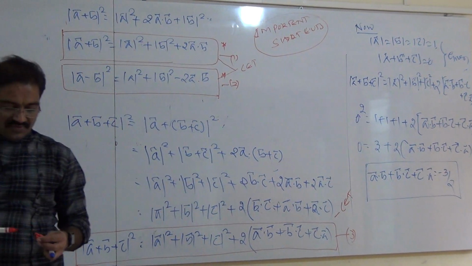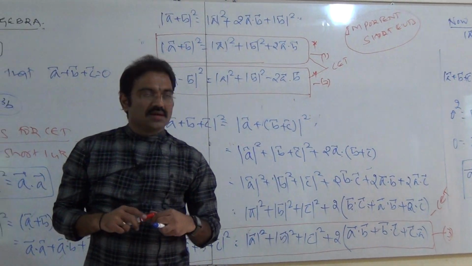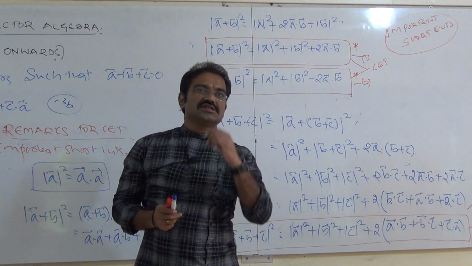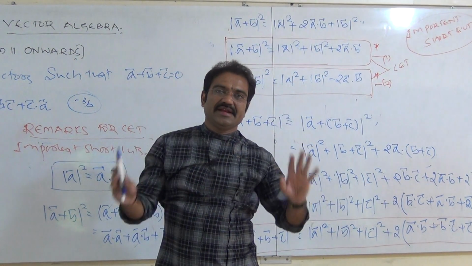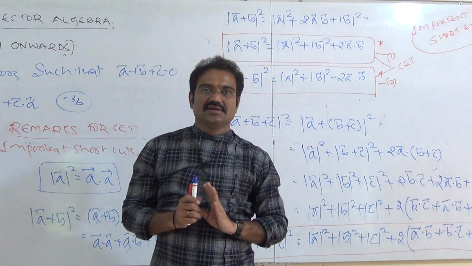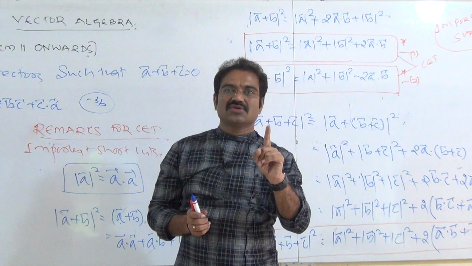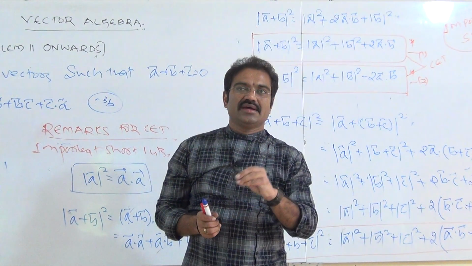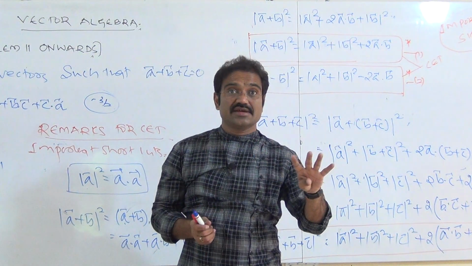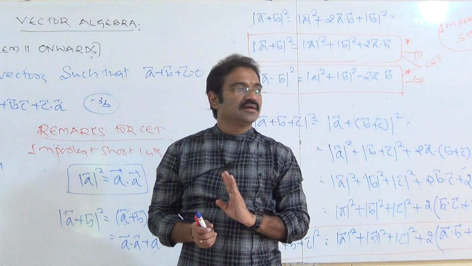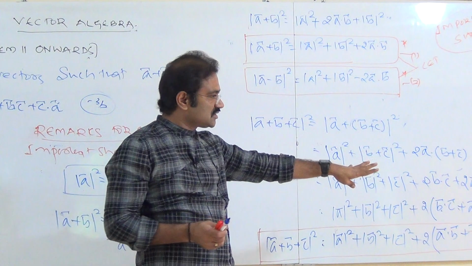Most of you, what do you think? If you write the questions with 4 answers, then it is a CET. If you are explaining in detail, it is not CET. If it is a problem, 2 plus 3 is equal to, first 5, second one 6, third one 7, fourth one 8, 4 answers given, it is a CET. If I solve like this, 4 answers are not given.